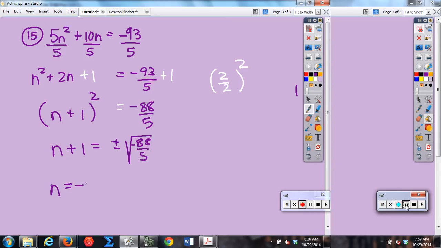What about the negative? What does the negative do? I, and then I have the square root of 88. I have the square root of 5. What am I going to do with that? What do you want to do with that? Okay, yeah, so I want to get rid of that. So, 22 and 4. Oh, that's probably the best one, right? Because then you can do